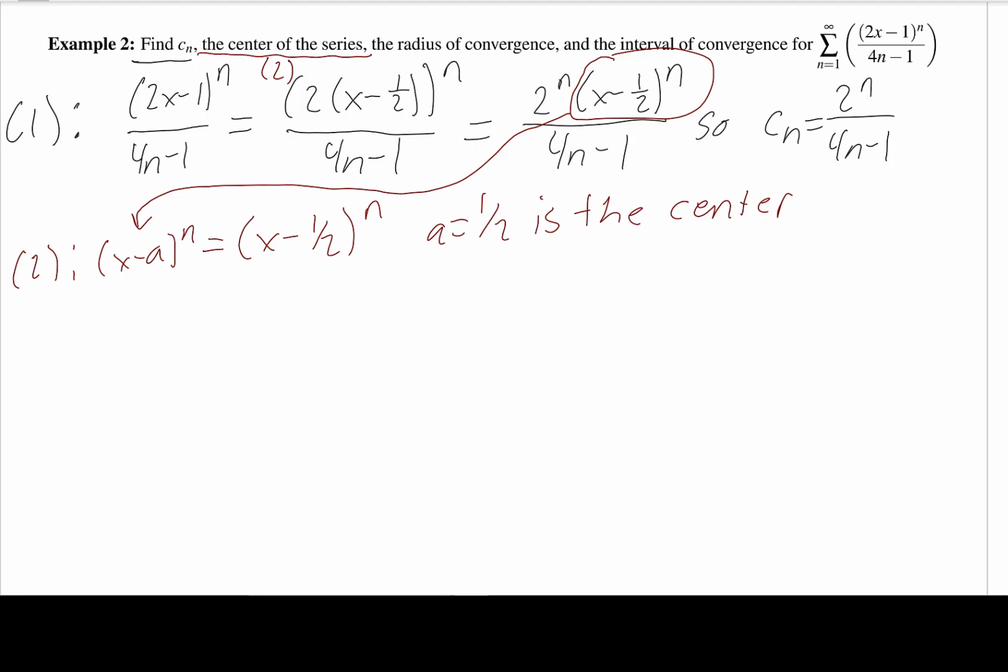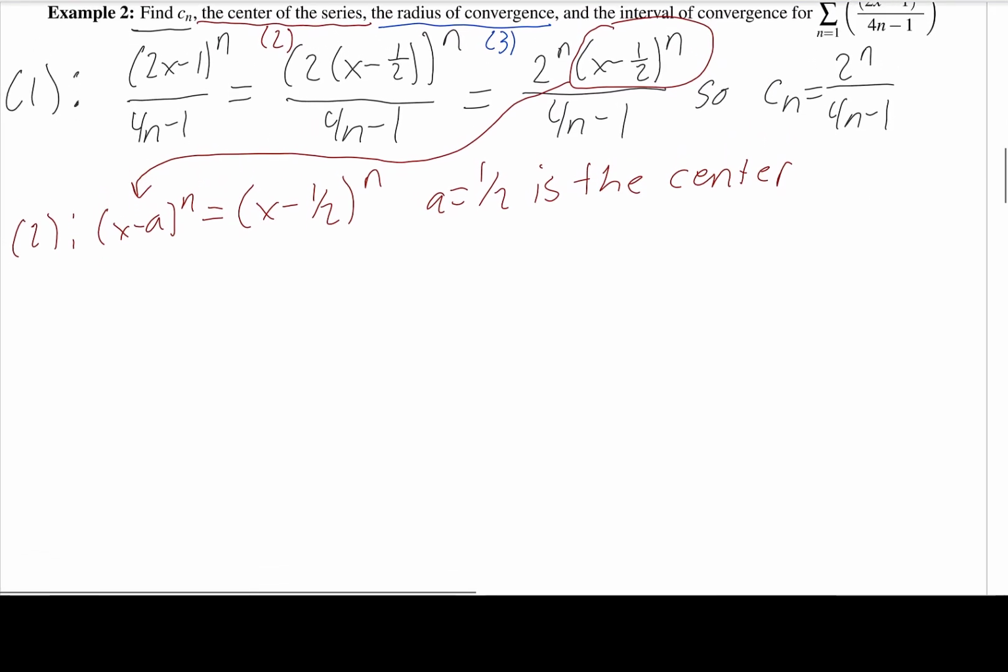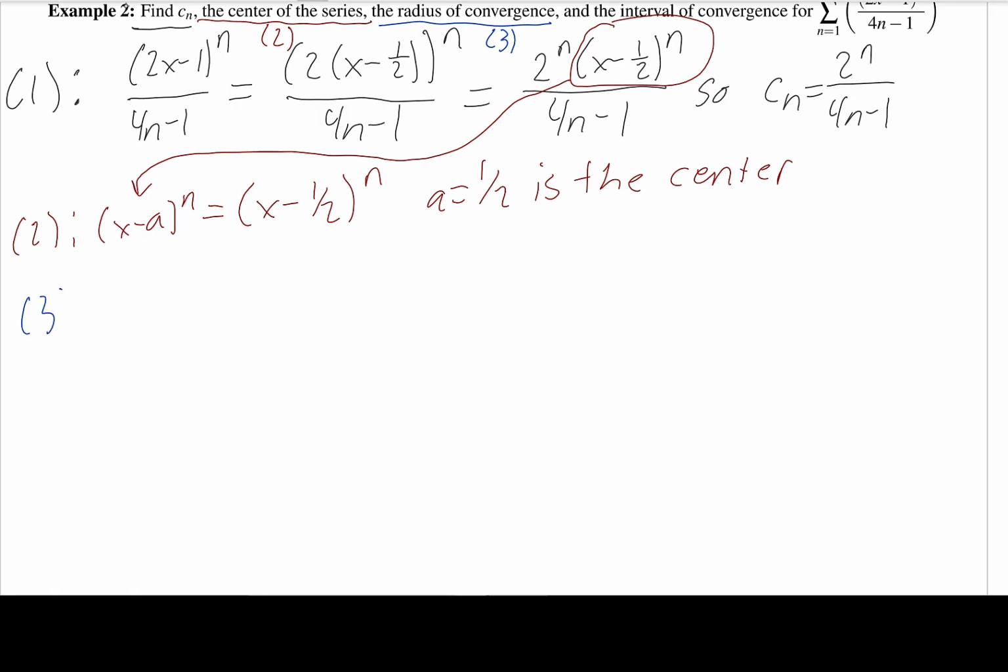Alright, so now we'll proceed with the next step, which is to find the radius of convergence as well as the interval of convergence. So again here, when we plug in something for x, this top is going to become a constant to the nth power. And so this tells me that we're going to be using the ratio test. So we'll have, by the ratio test, limit as n goes to infinity of